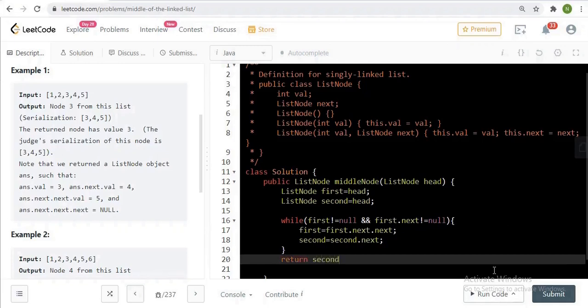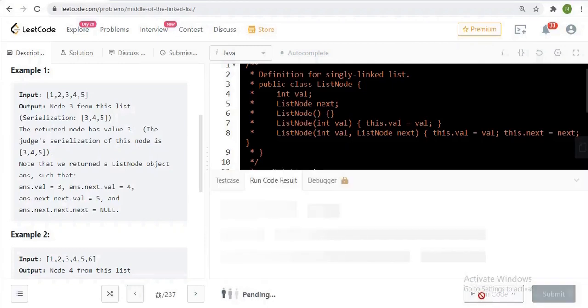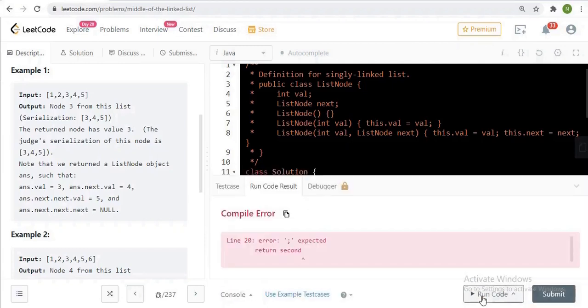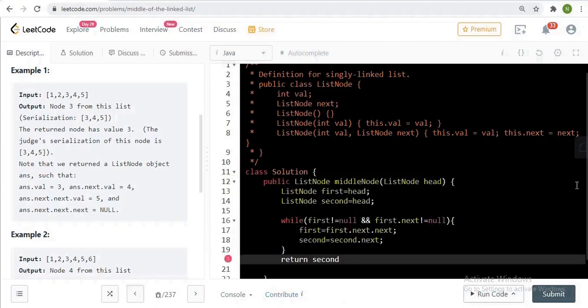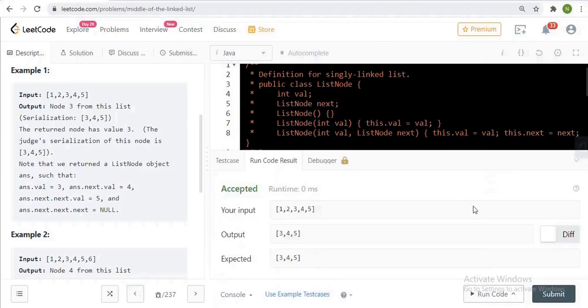Let's submit this. Oh, my bad, I forgot to put a semicolon. Let's submit this code.